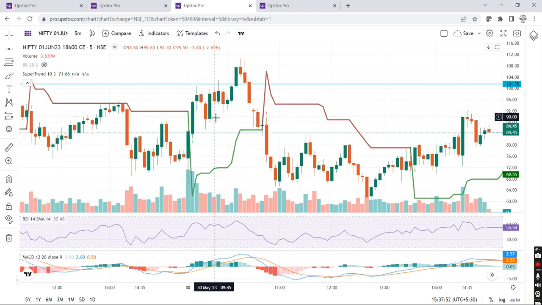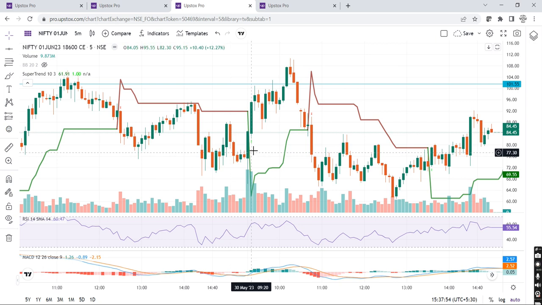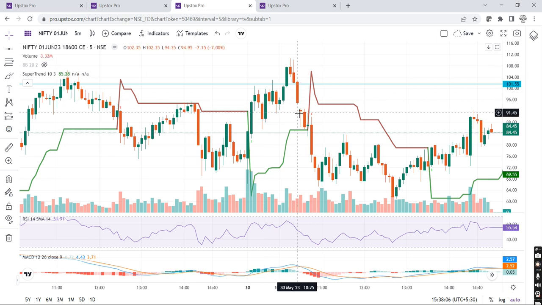This is where we opened today. Let me just scroll here. Okay, this is where we opened. We had a very good scenario. See, this was the closing for yesterday for 18600 CE. It closed at 75. In the morning itself we had a very good higher high scenario, but since